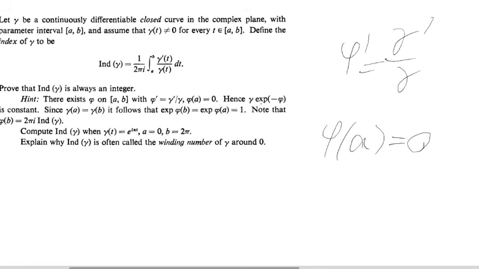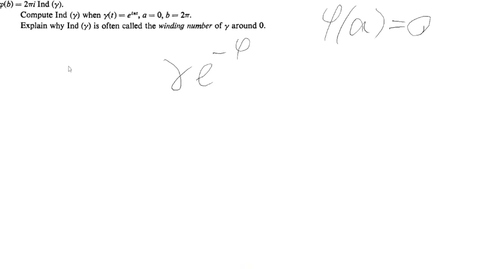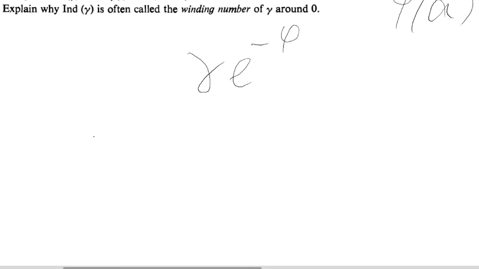Now what we have to do is prove that gamma times e to the power of negative phi is going to be constant, which is fairly simple. What we can do is just differentiate it, because phi is differentiable, e to the power of minus x is differentiable, gamma is differentiable, so it's not a trouble. We just do it the regular way,